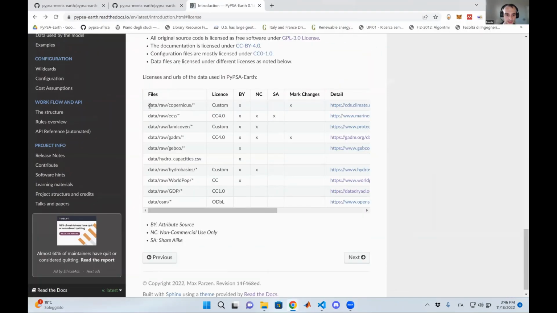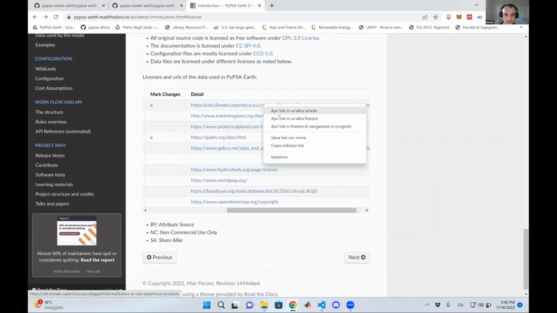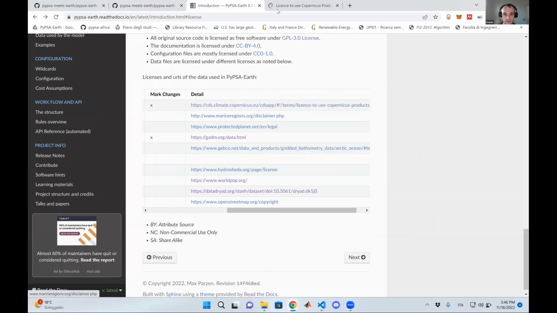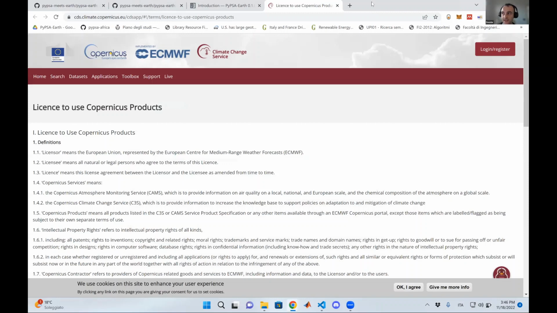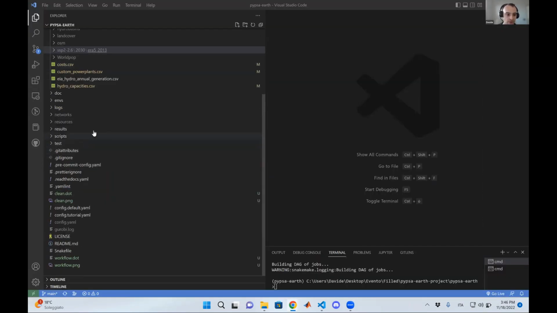So all these are the data sets. And in particular, we can see the data elements; you can click on the link and see the source. In particular, if you want to see exactly the code that we are using,